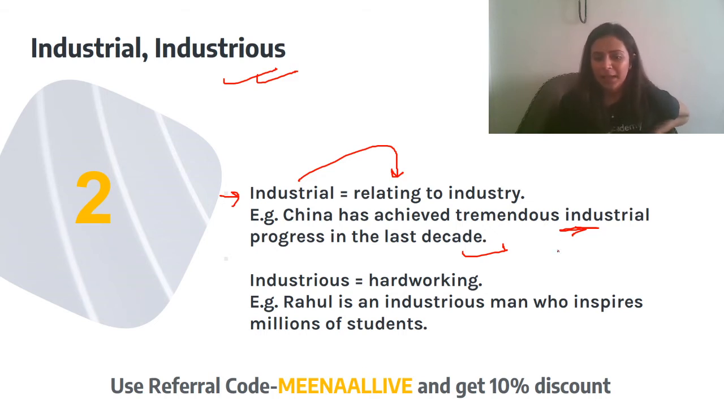Okay, next one is when you have RIOUS at the end, it refers to somebody who's really hardworking, who works very hard. Okay, industrious. For example, Rahul is an industrious man who inspires millions of students out there, right? So Rahul is a very hardworking man, and because of the hard work he puts forward, he's able to inspire millions and millions of students who watch him, right? He's an ideal, he's an inspiration because of his hard work. Okay,